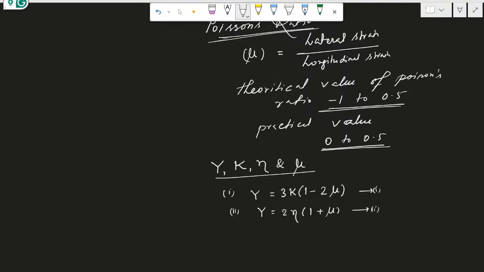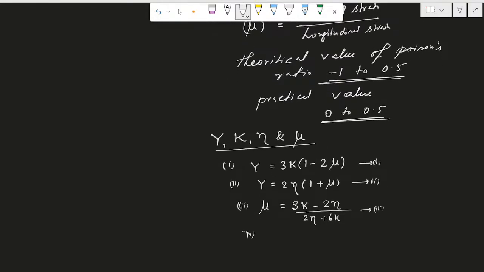and then number 3, mu is equal to 3K minus 2 eta divided by 2 eta plus 6K. This is number 3, equation number 3. And equation number 4 is this, you can write Y is equal to